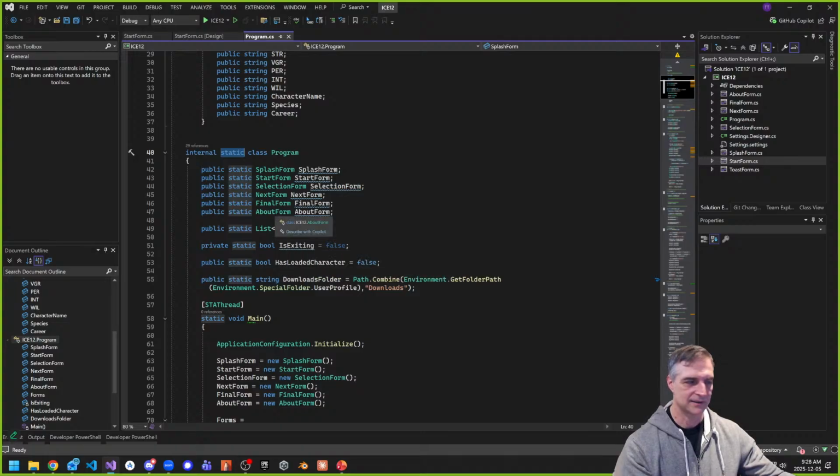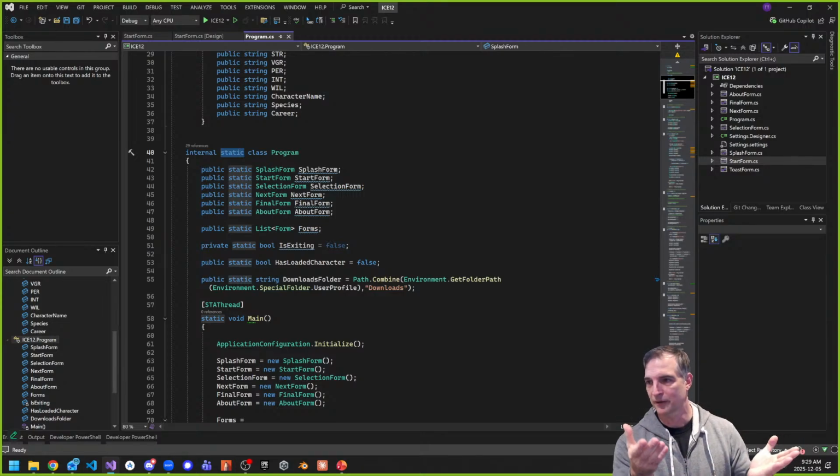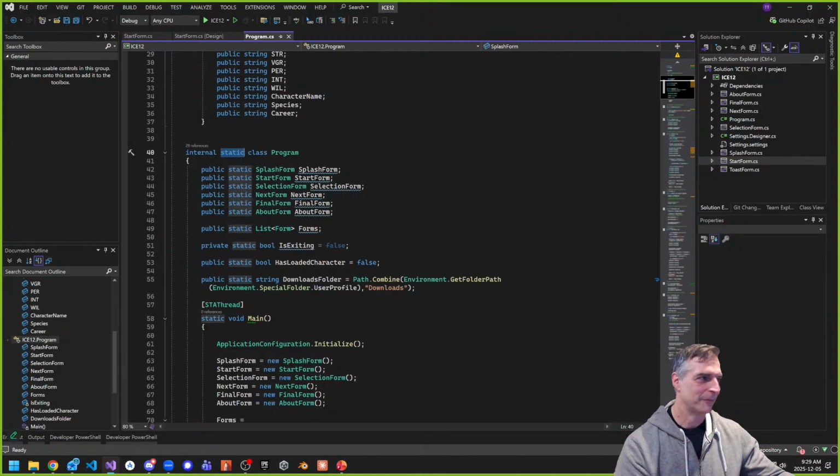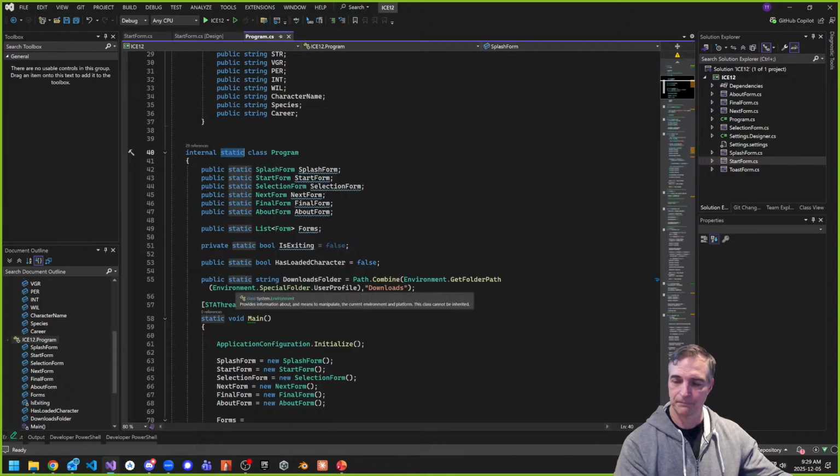A static class, very briefly, does not have to be instantiated. It's like a blueprint, but we can put a bunch of stuff in there, and it'll be available whether you instantiate it or not. It's kind of a way of doing functional programming with OOP in many ways. That's what the static keyword means. I don't have to instantiate the class to actually have access to any method or property that's marked as static. Again, I want you to look at it that way for now. And next semester, you'll learn more about what that static word means and what it can help you with.